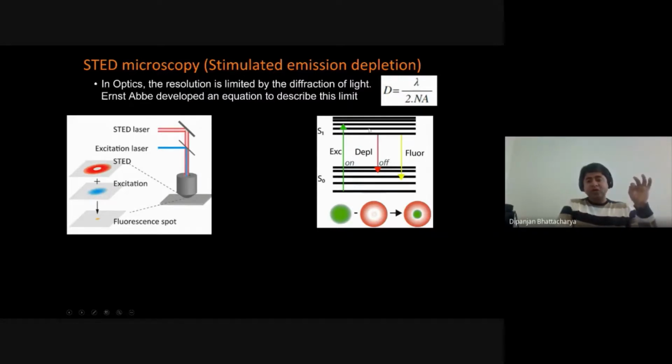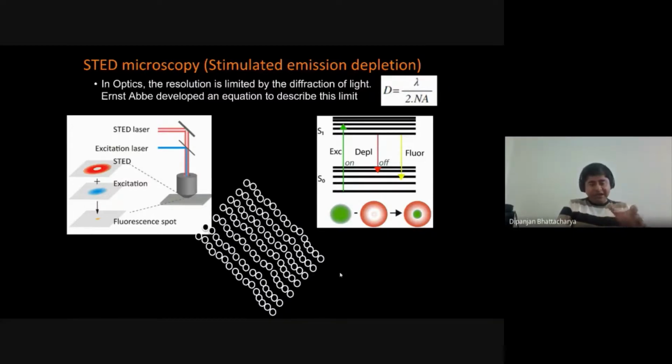You excite the molecules, but you create a donut-type beam overlaying exactly on the excitation beam, such that all the molecules in the outer region are depleted. Only the fluorescent emission of the desired wavelength, the green one in the middle, is coming through. From there you are enhancing your resolution, because, as I said about the paintbrush earlier, we were using a thicker paintbrush. Now I'm using a much thinner paintbrush, which is this green inner ring. So you can